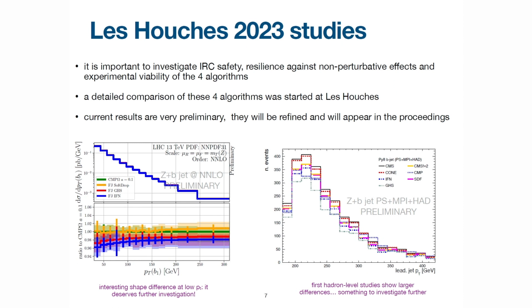They all are safe at this order. When you start turning on the parton shower and the hadronization process, they start behaving differently. And I think part of the idea of this study was to try and understand, together with the experimentalists, what is the way forward? What is the best algorithm that we should use for flavor analysis in the future? Okay,